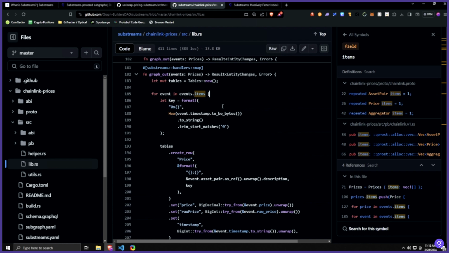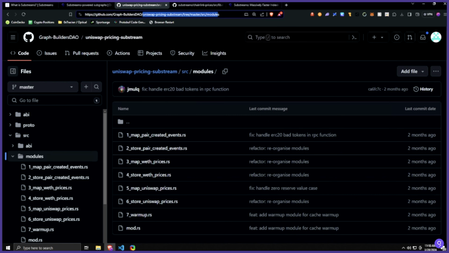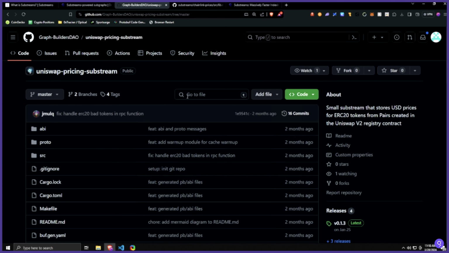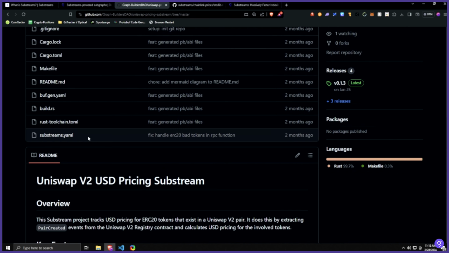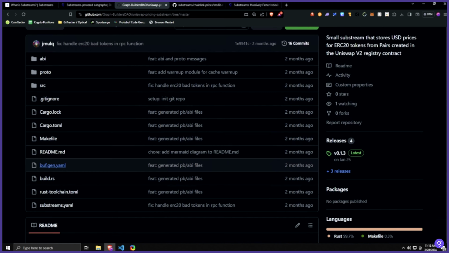So what I'm going to be doing today is using this Uniswap pricing substream that the BuildersDAO is kind of growing organically. And we want to use this as a solution for all pricing. And we're kind of building it out to that point. So if we take a look at